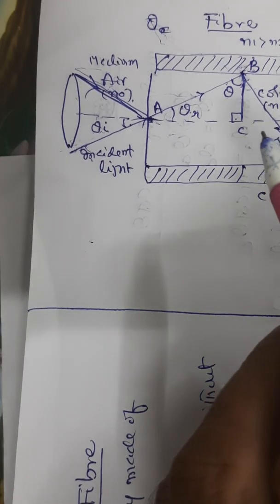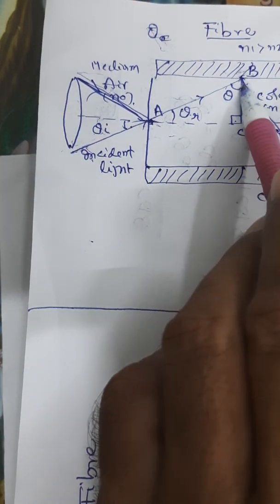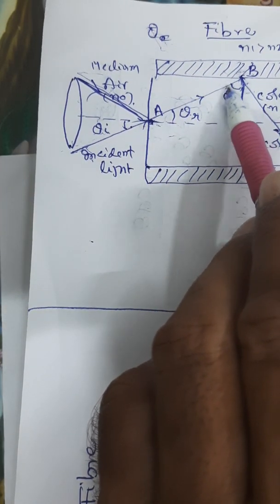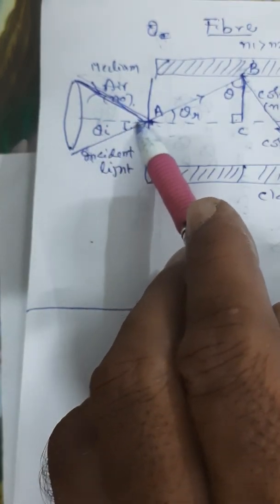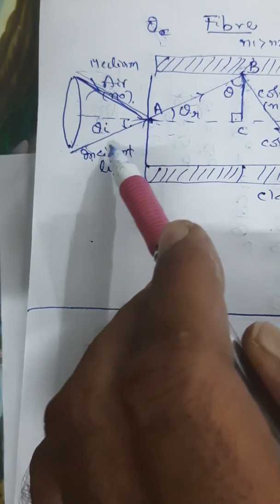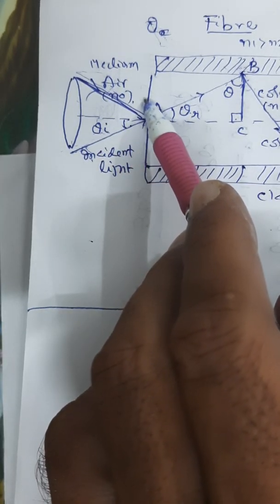Any light that is coming other than this cannot enter. That is what it means. I am recapping. Originally light is entering like this, and here it is undergoing TIR. That means here only theta can become greater than theta c. For that to happen, the maximum angle of incidence at this point, what we have taken as theta I, that means theta I will become theta A. That is the acceptance angle. So any light outside this, similarly any light outside this area, cannot enter. That's how we made this.